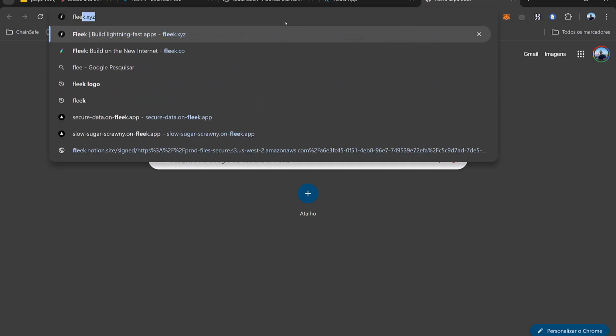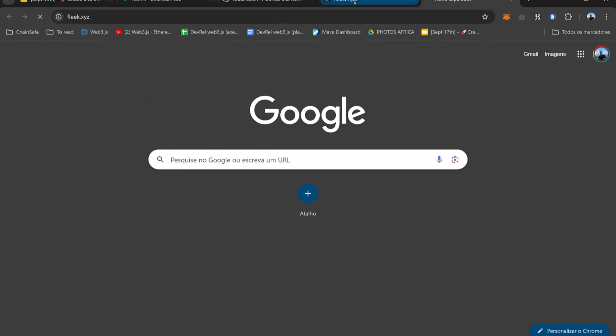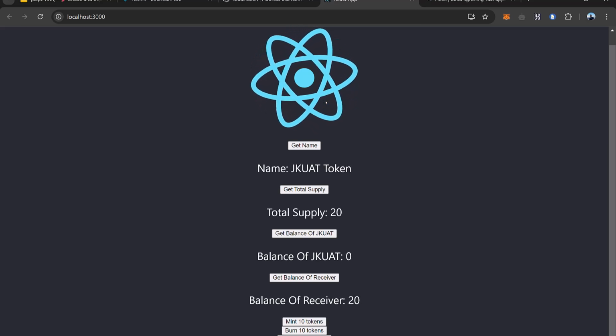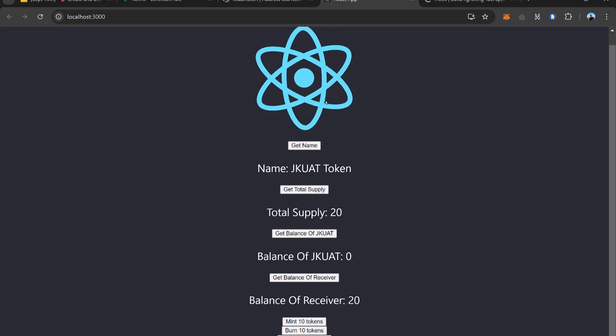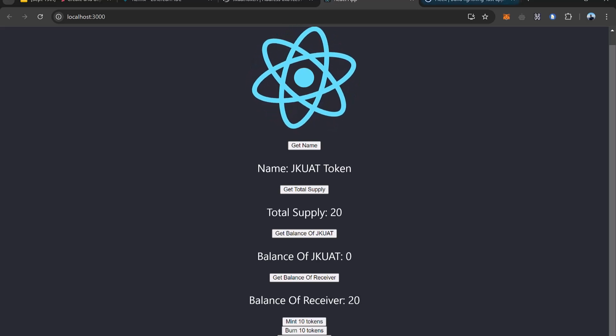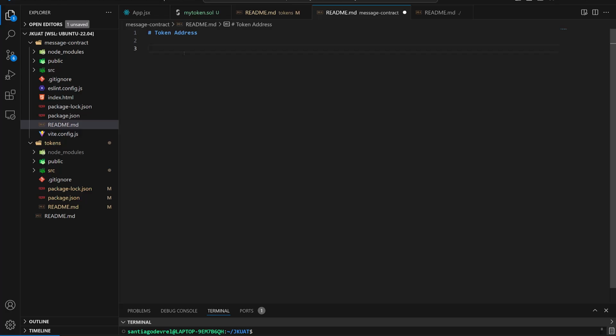You can go to flick.xys, and then we can publish this dApp, and then I will be able to send you the link to this, and then you can mint tokens and do everything from your computer. But let me just update the README first,